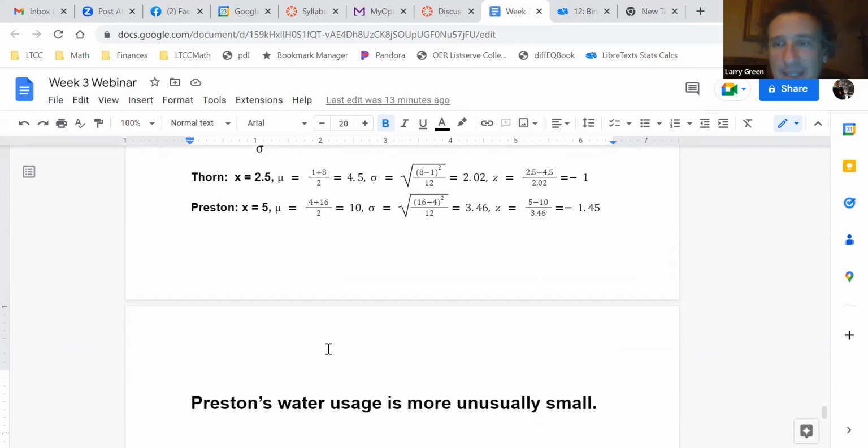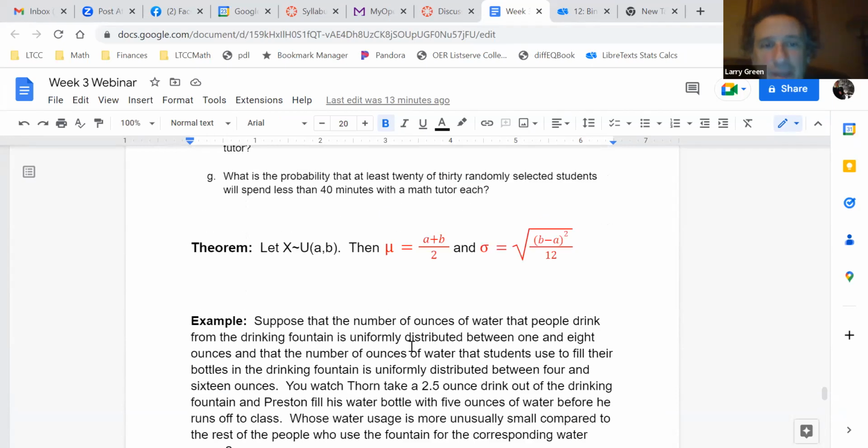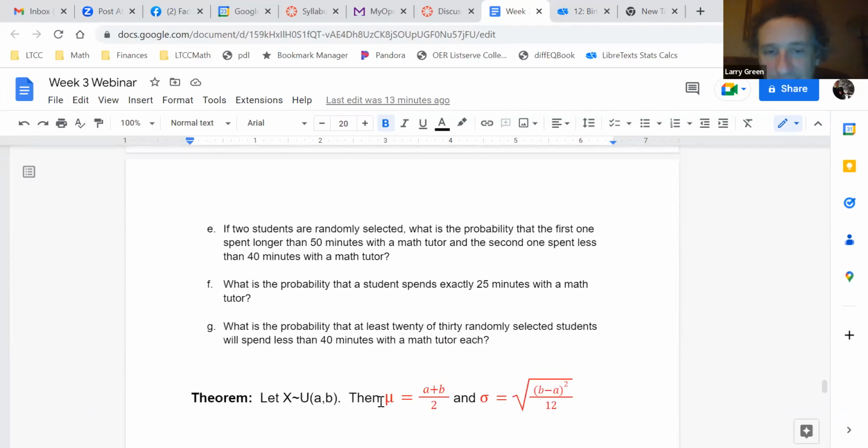But if it is uniform, then we can use the area equals the base times the height, and area is a probability. Any questions on that? If it's uniform, we have those two big formulas: the mean is a plus b over 2, and the standard deviation is the square root of b minus a squared over 12. Any questions on that idea? Okay,